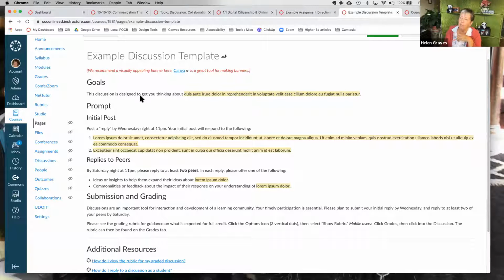If you are interested in grabbing this template from the Commons, if you're not familiar, it's always over here in the global navigation, and you'll click it. And if you do a search for, I will put this in chat so you can just copy and paste it, you'll search for example discussion template. And if you put my name in there, that will bring it up. But I have a lot of stuff I put in the Commons for the CVC, so it may bring up a bunch of stuff. So don't just put in my name, because you may have to wade through a bunch of things. Anyhow, that's there for you if you're interested.